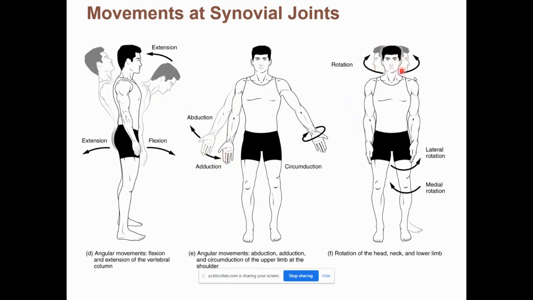Rotation, that's just on that transverse plane, right? It's just rotating. If we were talking about the head, it's just left and right. If we're talking about the shoulder or the hip rotating, well, you can have medial rotation inwards or lateral rotation outwards. And at the two ball and socket joints, we have circumduction,